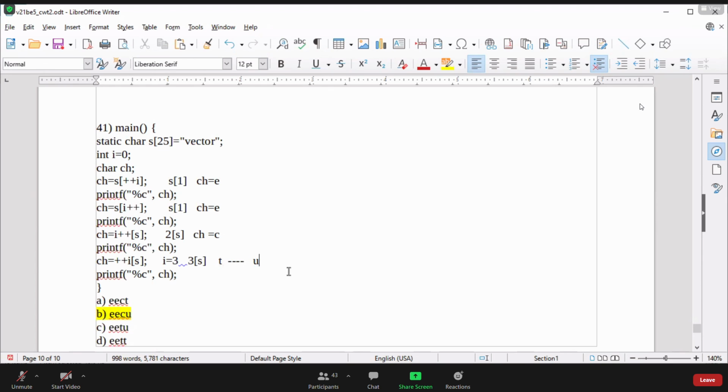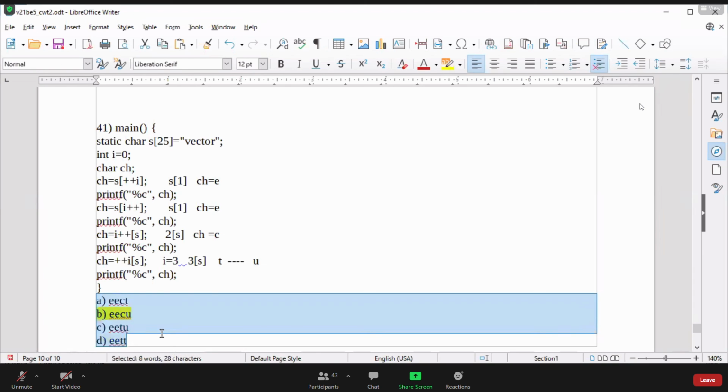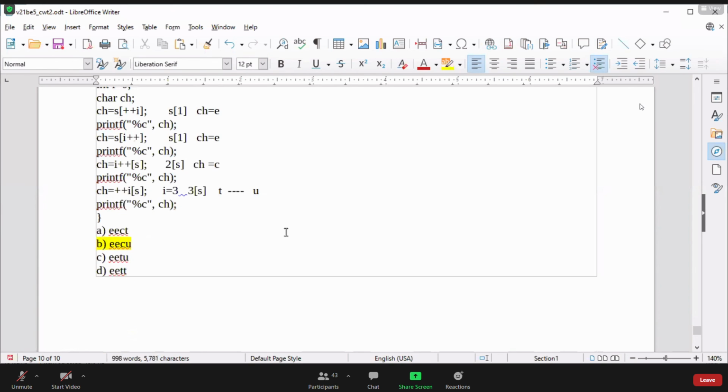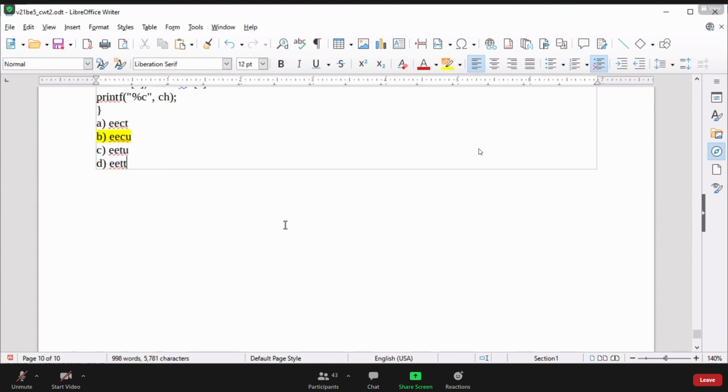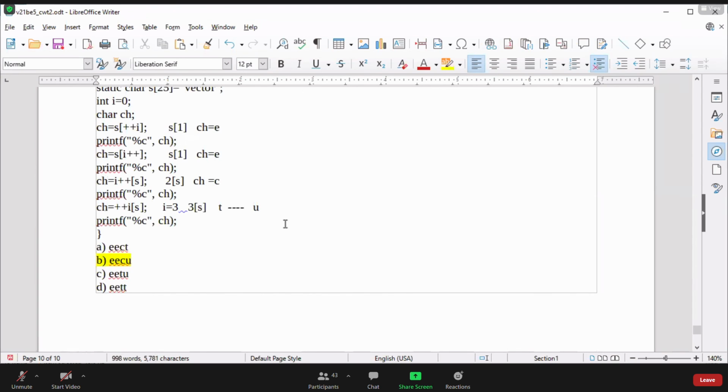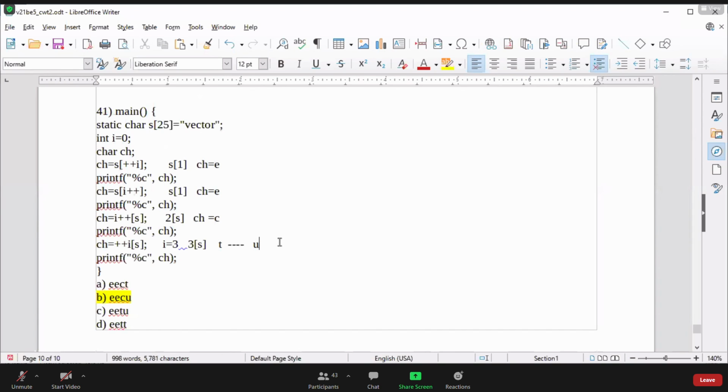Some of the students are asking in the exam that U is not available, so this question is wrong, here the answers are also wrong. But this is the question. So you have to think properly, and according to that you have to answer. I hope you are getting it. Operator priority and associativity are very important. If you continuously practice, this will be easily understandable. And with this, all the theory exam questions are finished. I discussed each and every question.